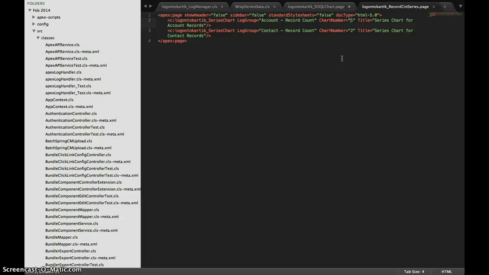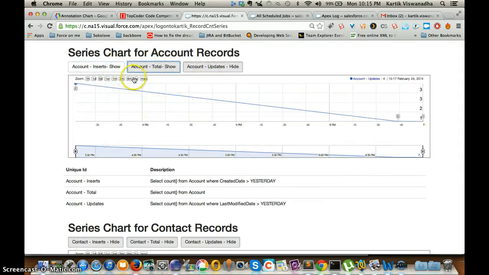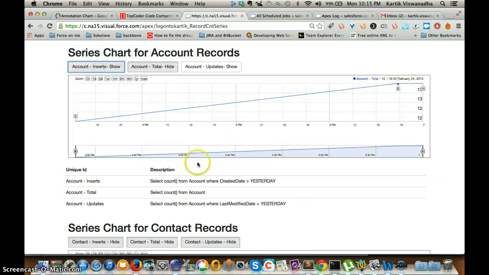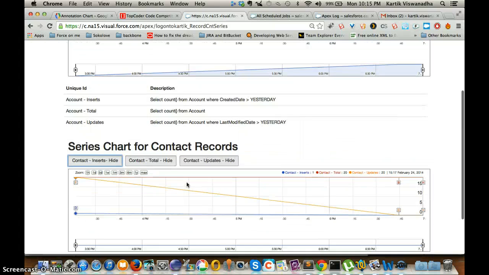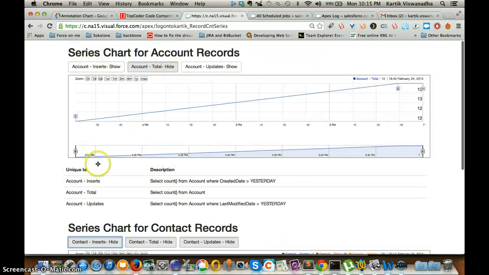You just define the chart numbers as unique values and give the log groups, and you can display the log groups. If you wanted to pull the SOQL response times into this page, you can do that as well. All you have to do is add chart number 3, and that's it. It shows up. And you can do the same thing: show, hide. If you wanted to show just the totals, this is just the totals, and it's the same thing. So for contact, you can do the same thing, and it will give you the same description and the unique ID that we are